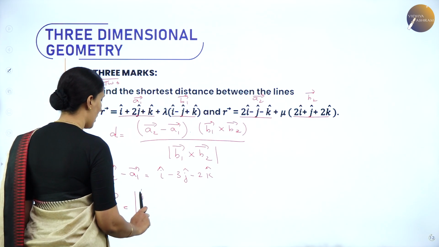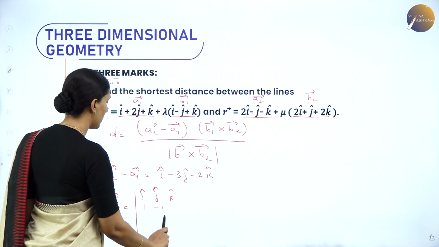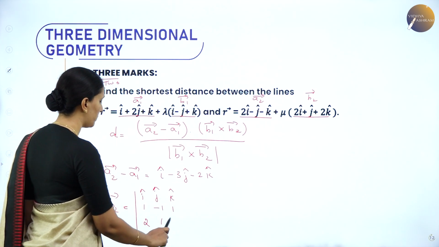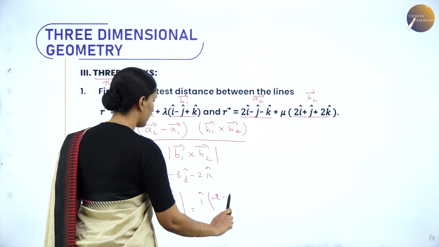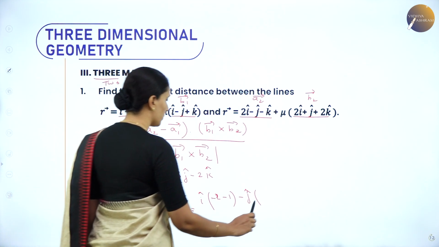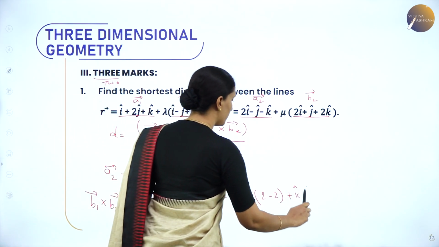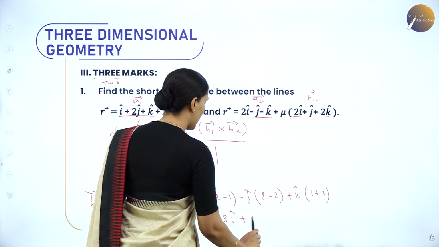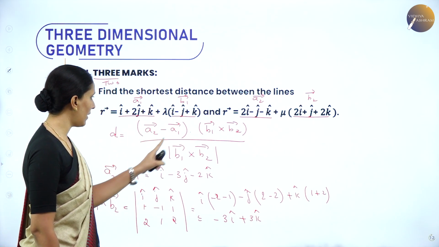equal to the determinant i, j, k. Let's write the components of vector b1: 1, minus 1, 1. Next the components of vector b2: 2, 1, 2. So we have here i into minus 2, minus 1. Next we have minus j, so 2 minus 2. Next we have plus k, 1 plus 2. So we have here minus 3i plus 3k. There is no j. Now according to the formula, let's take the dot product of a2 minus a1 with b1 cross